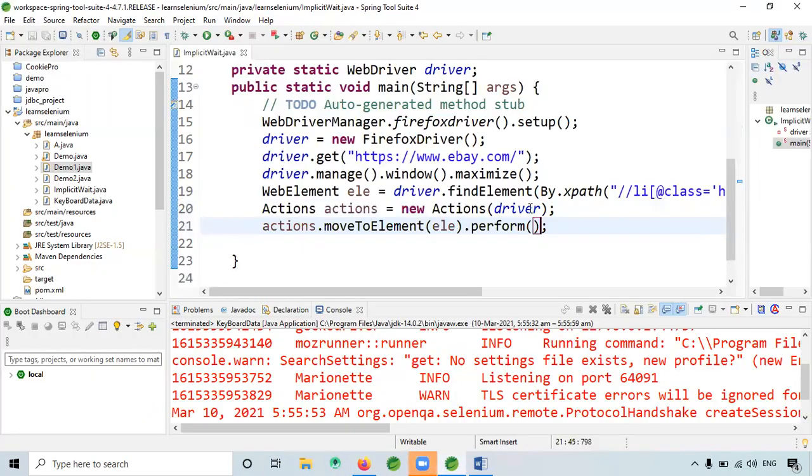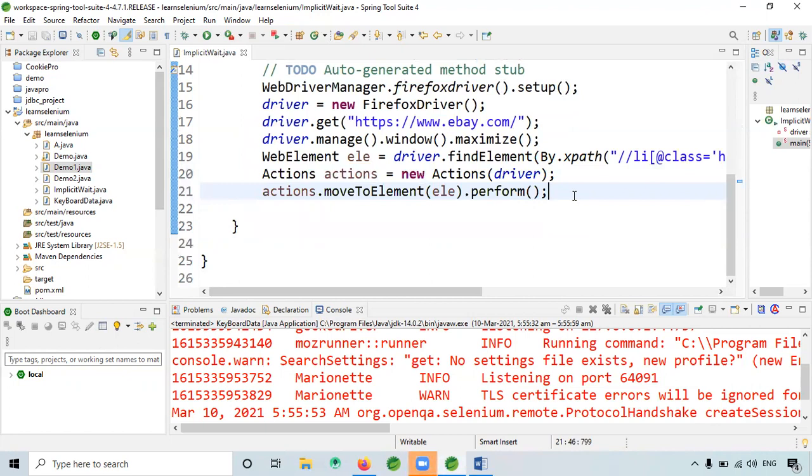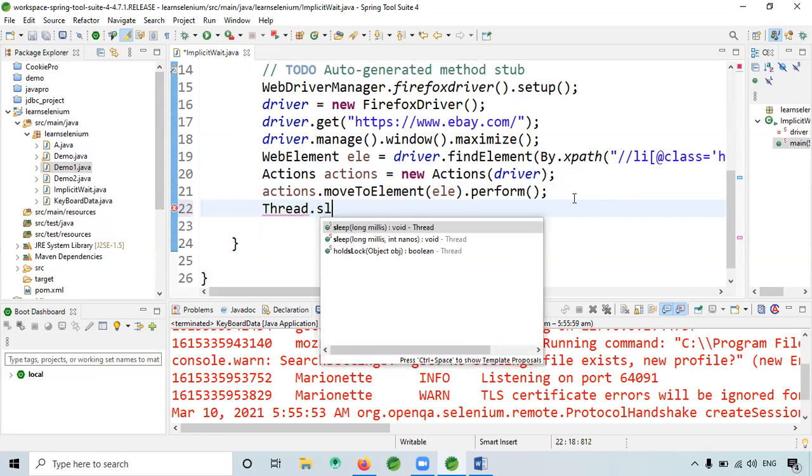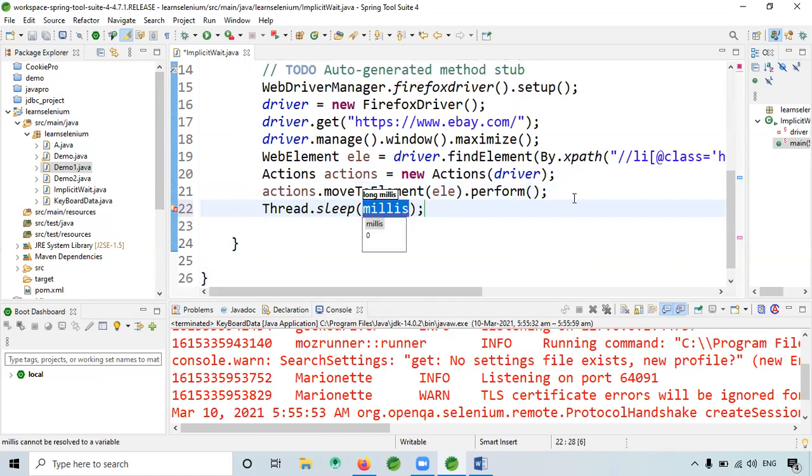Now, here, if I give Thread.sleep, let's see whether this method works.